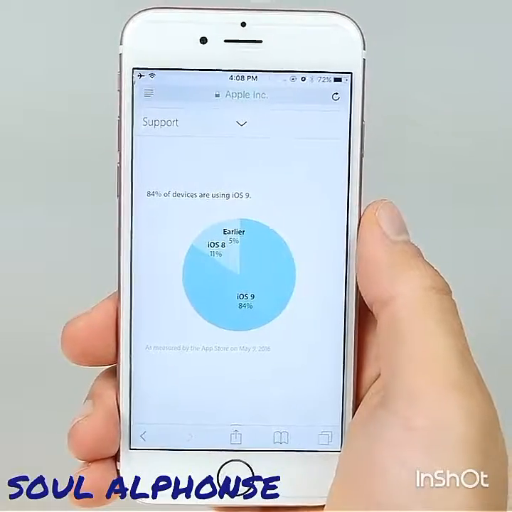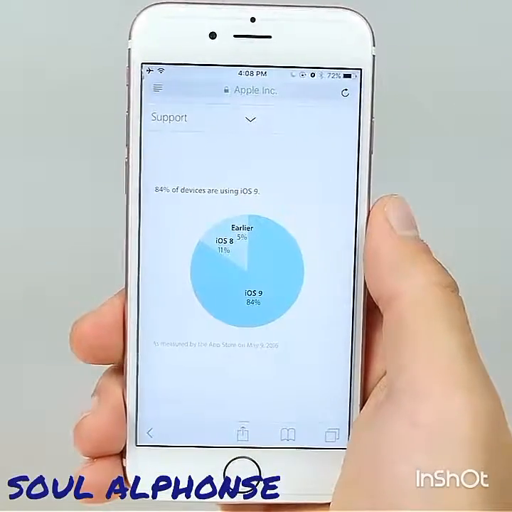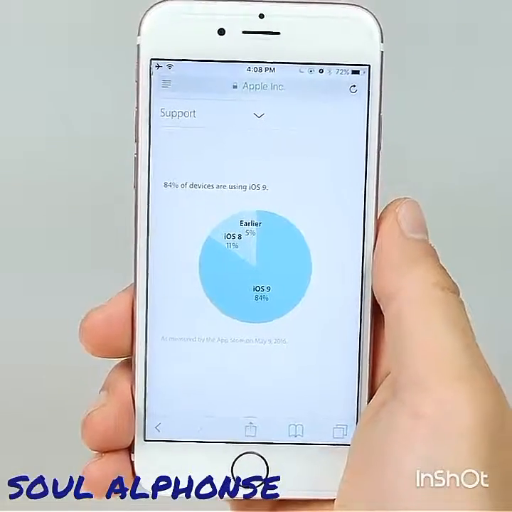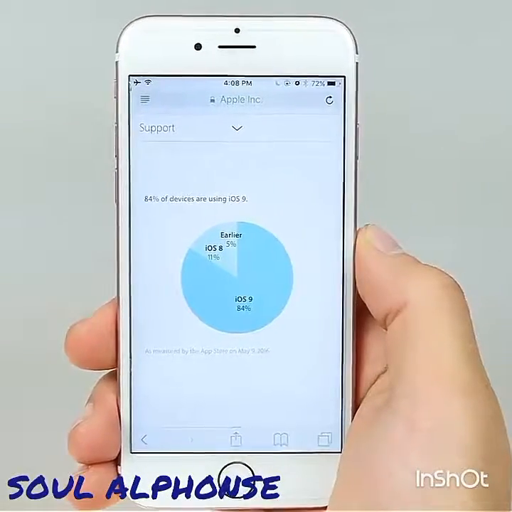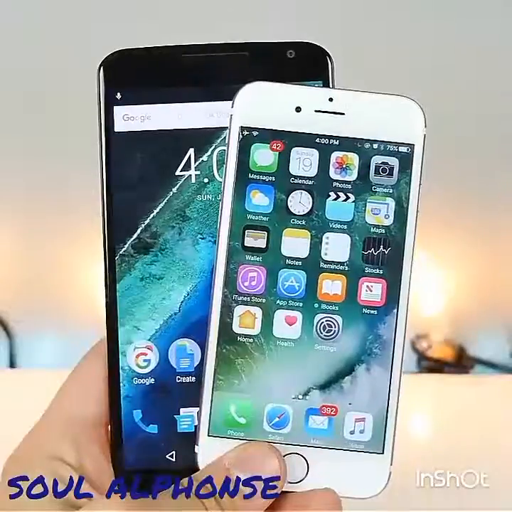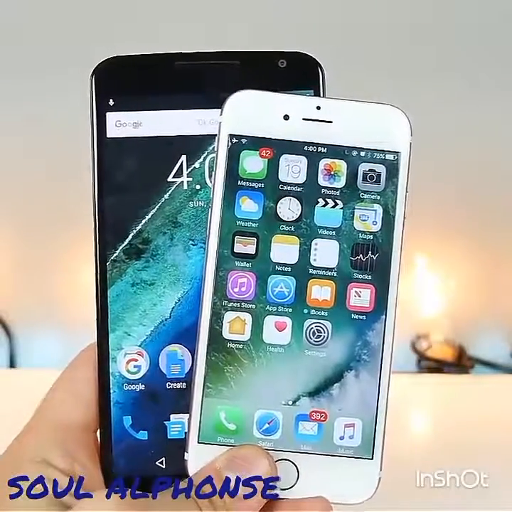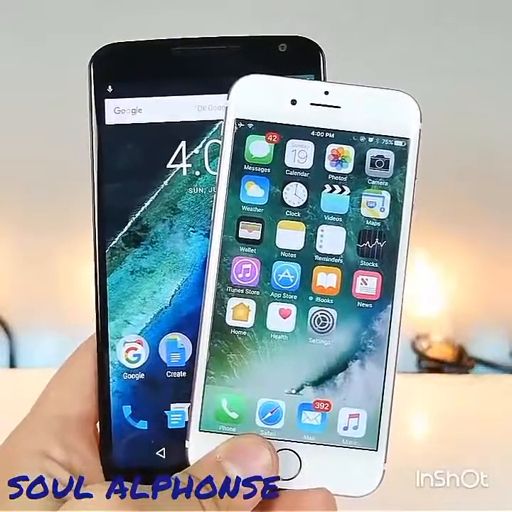The only thing that sucks is that select, small, few amount of devices will actually get to run it. So iOS 9 is being run on 84% of devices right now. Android 6 is only being run on 10% since release. That is absolutely crazy. And I was very disappointed to learn that Android really didn't do anything new to fix that problem that's been around